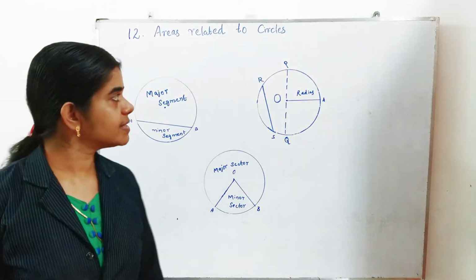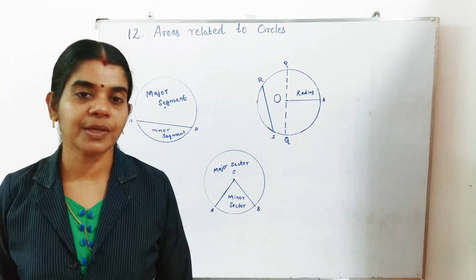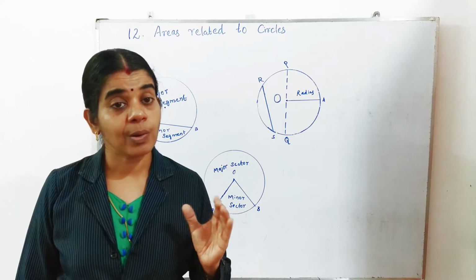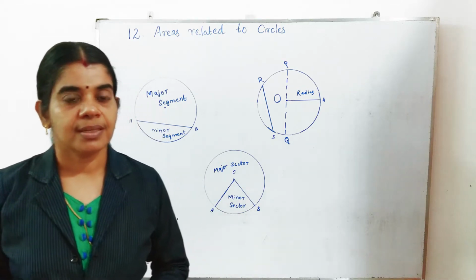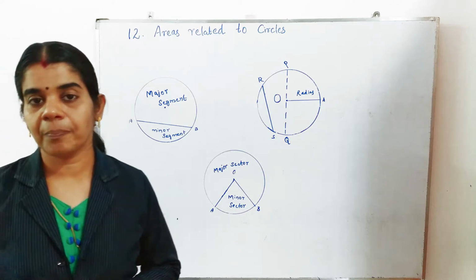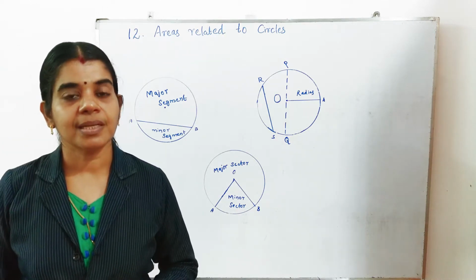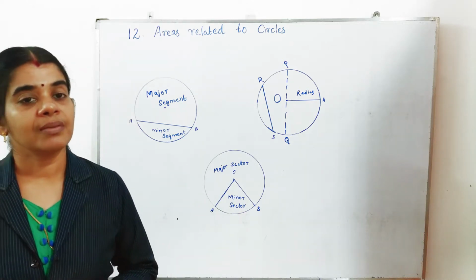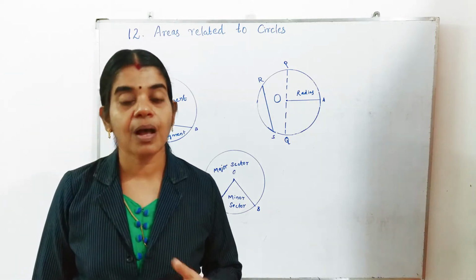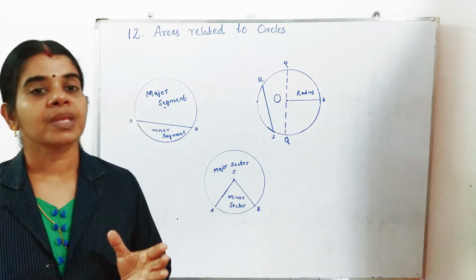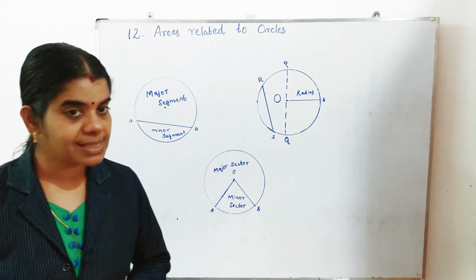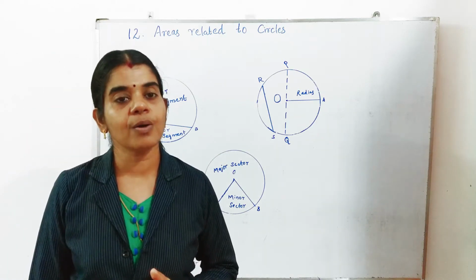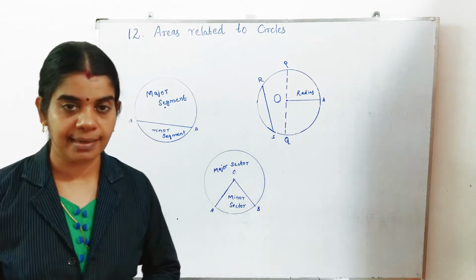Science class. Today we are starting a new lesson, that is areas related to circles. In our day-to-day life, we see a lot of objects with circle shape. That means cycle wheel, round cake, puppet, bangles, like that we are seeing many circular objects. And we already studied in the lower classes how we can find the area of a circle and the perimeter of a circle. Especially in this lesson we are studying the area of a sector and segment of a circle.